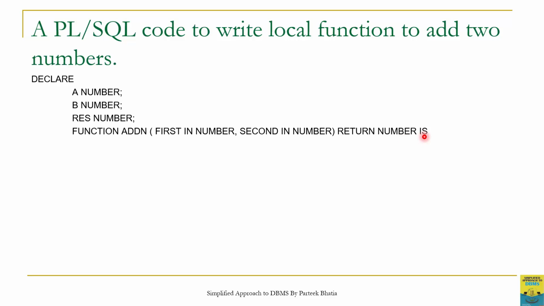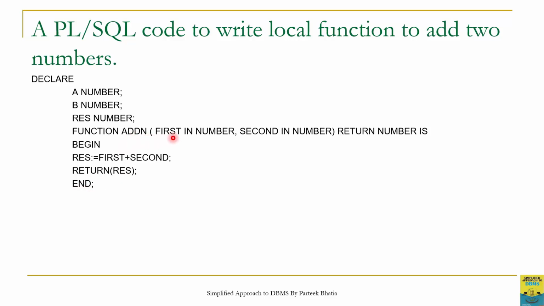There is no need to use any local variable, so we can directly start with begin. Two numbers will be in first and second, and we can store the result in this res variable. So first plus second is stored in this res variable. This is a global variable and it can be accessed in the body of this function. After performing the addition, we have to return this value. The statement is return, and in brackets we are passing the value of this variable res, and then this is the end of function. So this is the body of the function with the name addn.